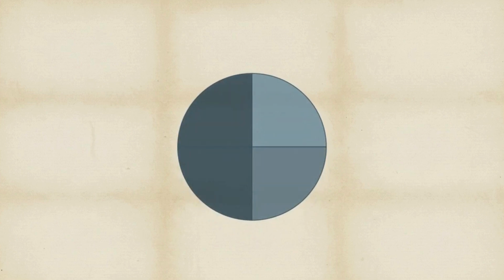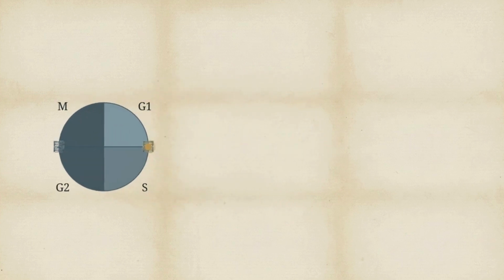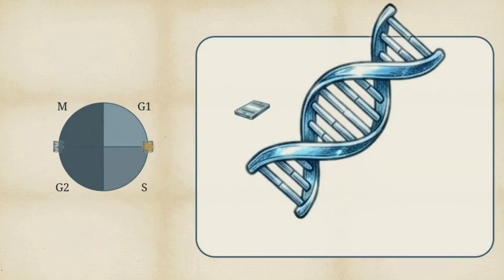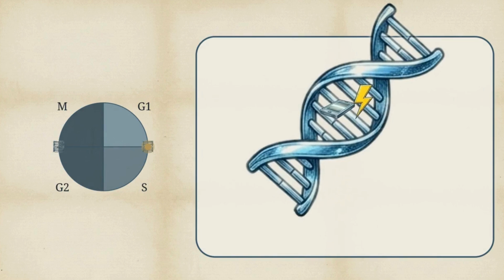The normal cell cycle is a strictly timed sequence, divided into 4 phases of growth and replication: G1, S, G2, and M. At the transition between these phases, most notably the G1 to S and G2 to M boundaries, the cell maintains physical quality control gates known as checkpoints. Biological sensors patrol these gates, inspecting the genome for double-strand breaks or incomplete replication before allowing the cycle to advance.